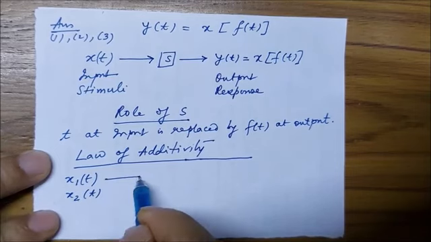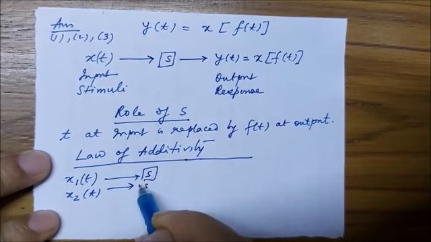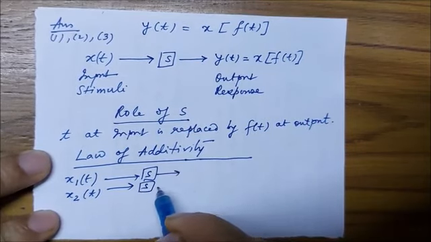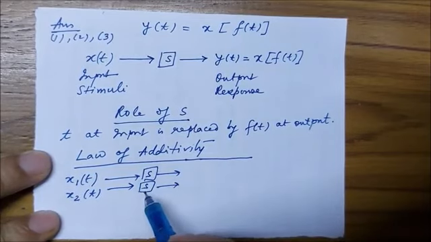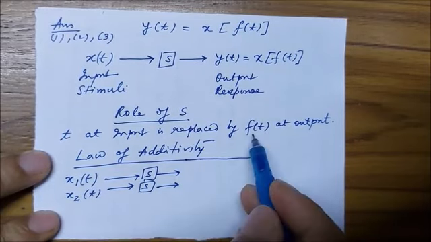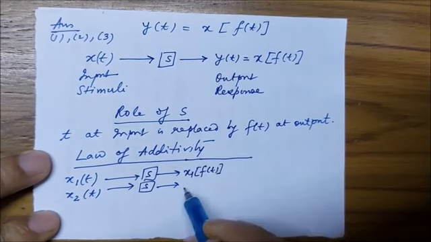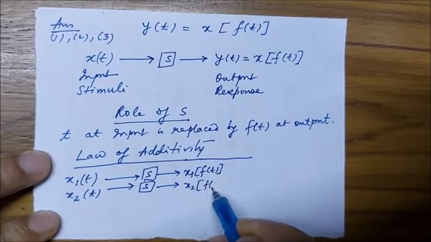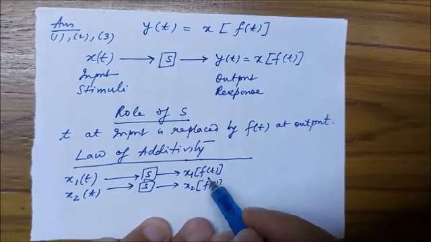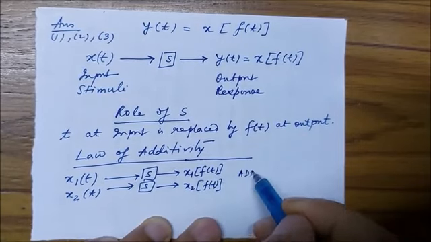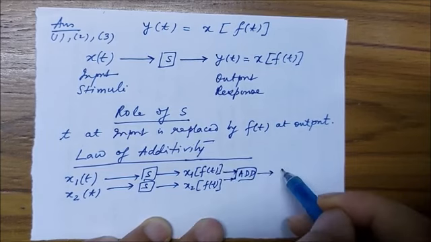These are the inputs which let us apply on the system individually or separately, and the response is that t will be replaced by f of t. And then according to law of additivity, what we have to do is we have to add them, and what we get